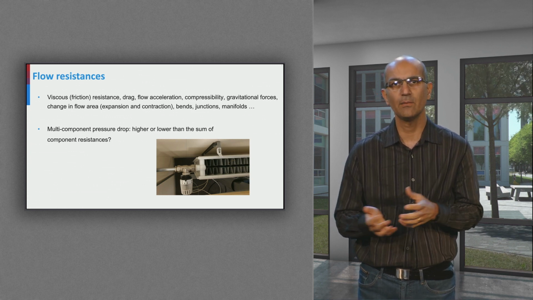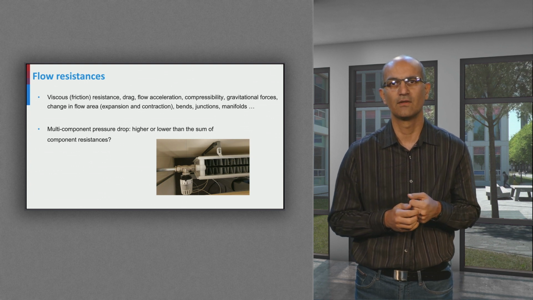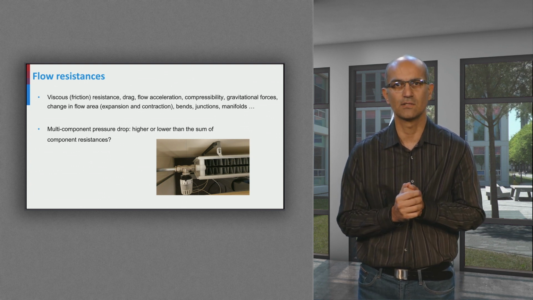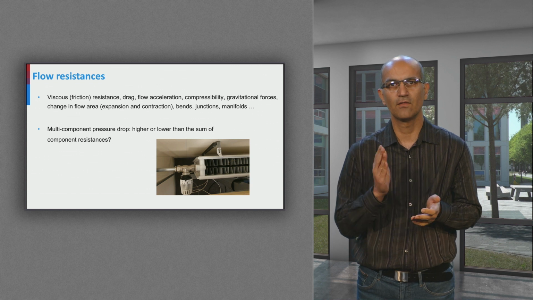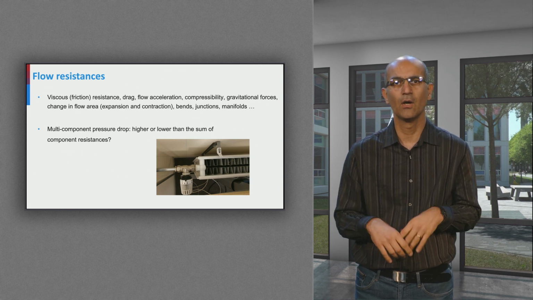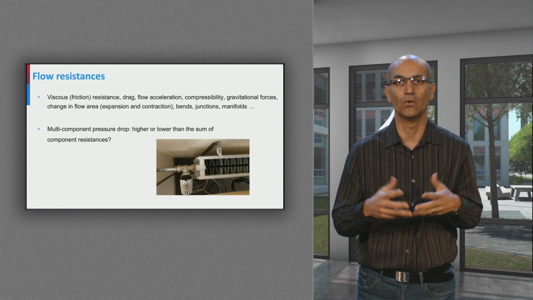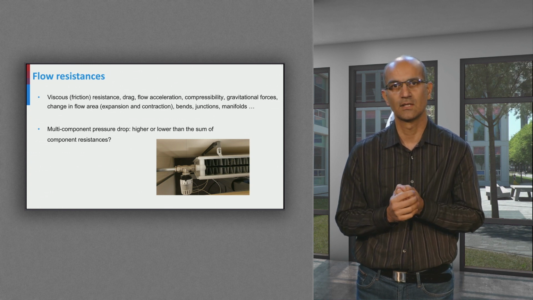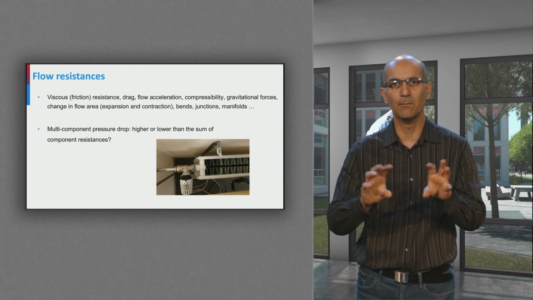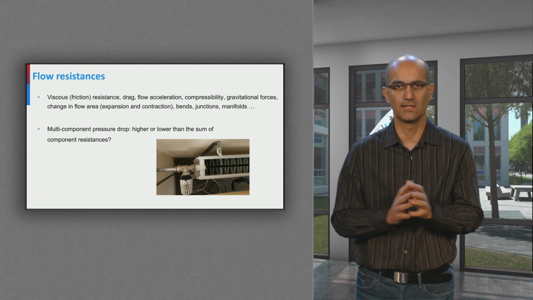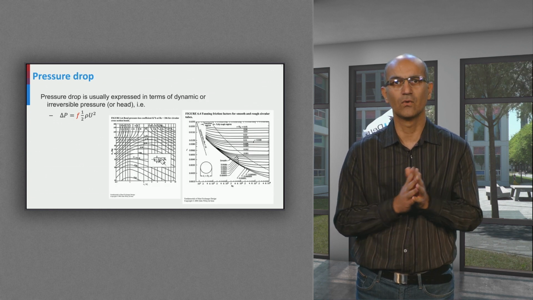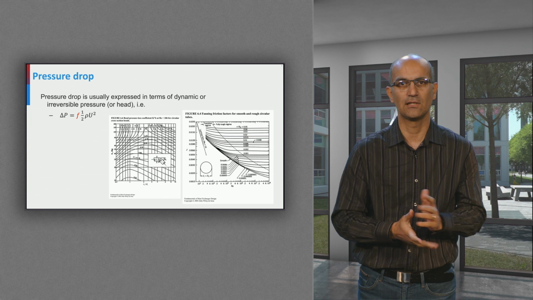For instance, if you go back to the heat exchanger in my office, the valve that controls the flow rate imposes resistance against the flow. Even without the valve, flow in a straight pipe induces frictional resistances or losses, as you have seen in your previous courses. If the pipe is not straight, then a bend, for example, can add to flow resistance. But how do we account for these minor and major losses?